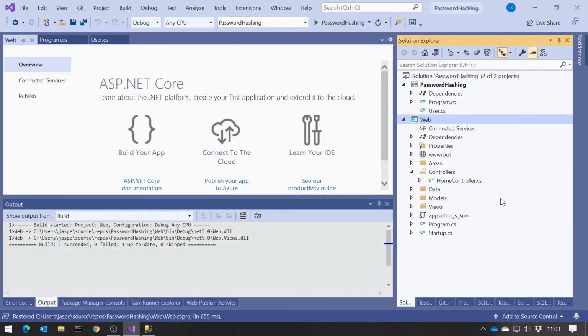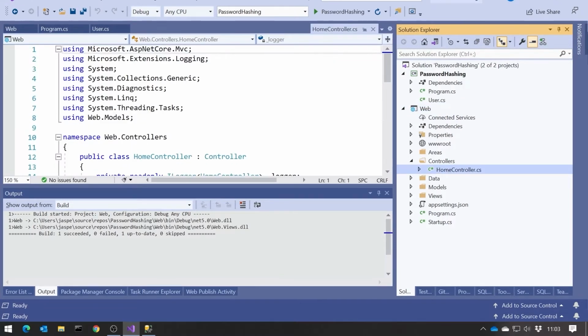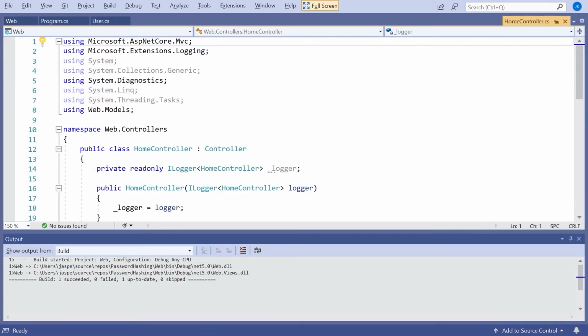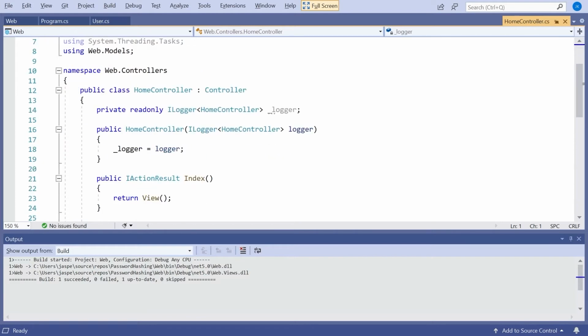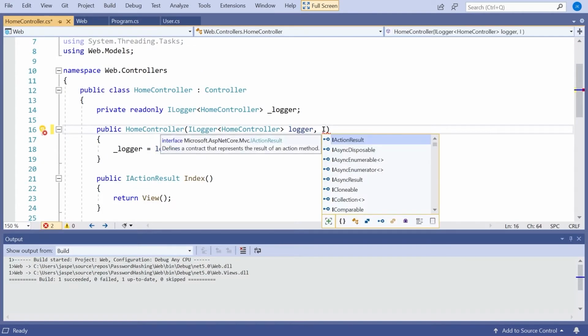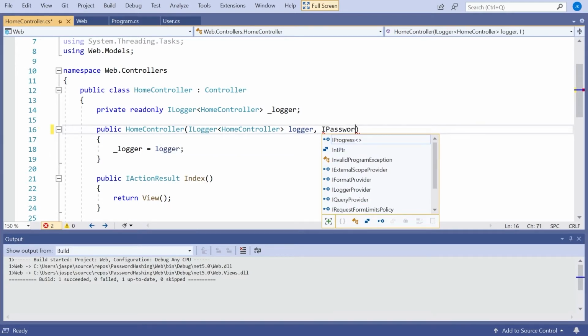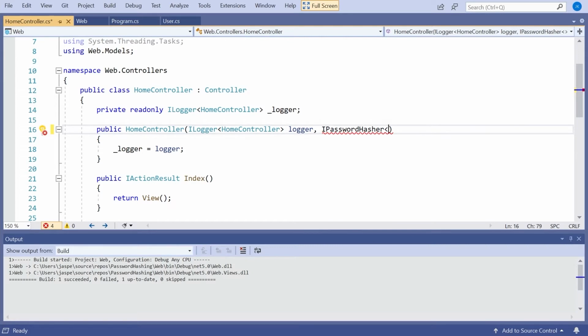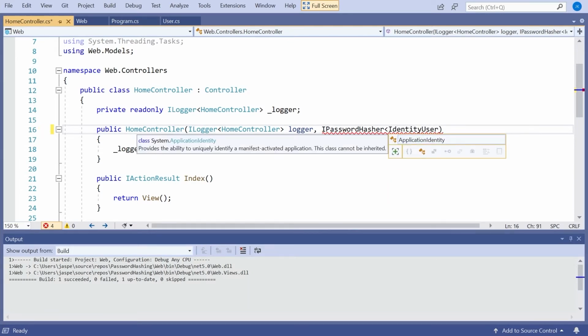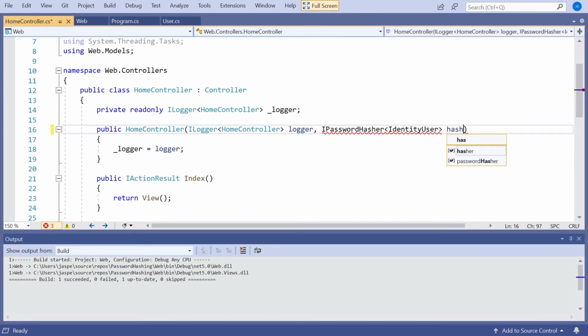And then the first thing we can look at is if we go to just say the home controller, if we still wanted to do the hashing for ourselves but not write that low-level code, there is actually an injectable object. So if we inject for IPasswordHasher, and that's a generic, so we put in there IdentityUser or whatever our user may be, and just call that hasher, and then we're going to need to get hold of the namespace for that.